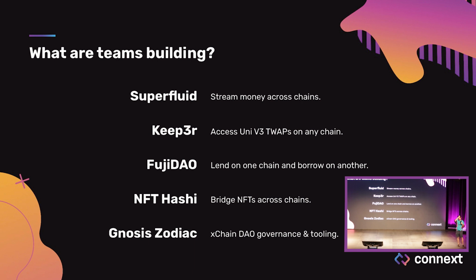Gnosis Zodiac. So Zodiac is a project building within the Gnosis ecosystem that is creating DAO tooling. And one of the key aspects of DAO tooling that they're very interested in is cross-chain DAO governance. So how do you, for example, if you're Uniswap that has their DAO operating on top of Optimism, how do you update low-level Uniswap protocol params around fees and fee collection that run on Polygon? It's a really, really interesting question, right? How do DAOs operate in this multi-chain environment? Well, Zodiac solves that. It's a simple Safe plugin that any DAO can integrate and just be able to interact with contracts on any chain all at once.